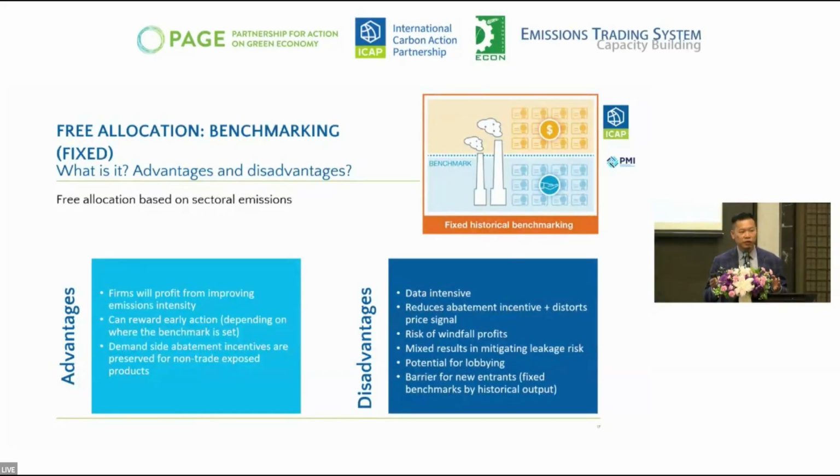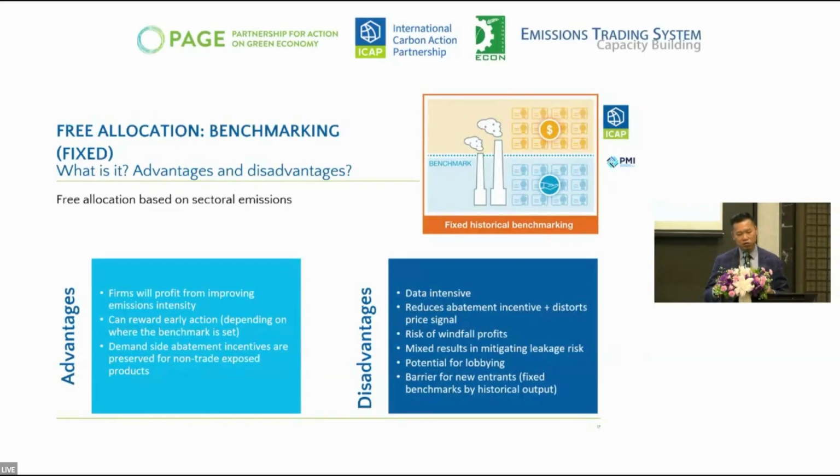And it's very difficult to define the benchmark for each product. So for steel, for chemical, petrochemical, it requires more data, more monitoring, more verification to get the data and develop the benchmark. And